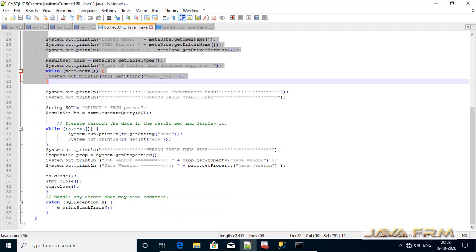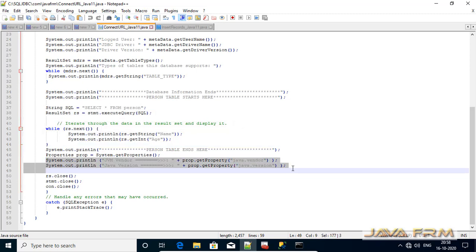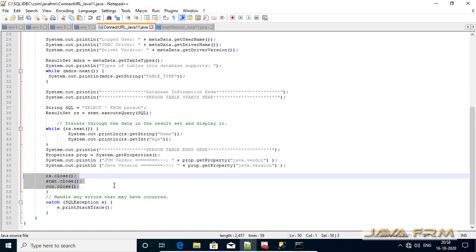Next, I am printing all the records from the person table using a ResultSet object. The person table contains two fields. Next, I am printing the Java vendor information. Finally, I am closing the result set, statement and connection objects. All of this should be done inside the try catch block, so all the database logic is written inside the try catch block.